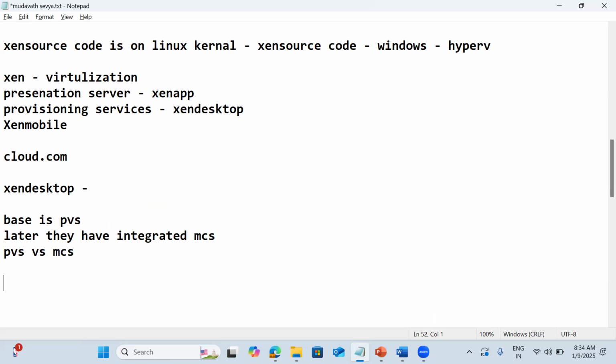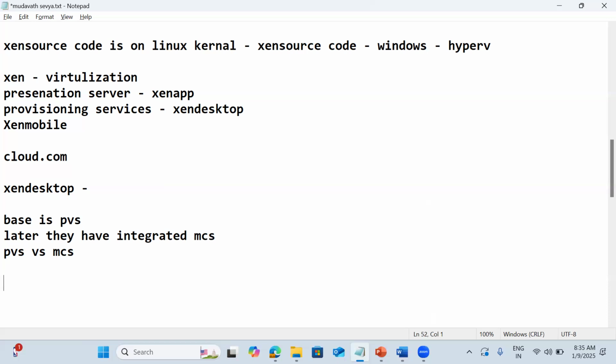Currently a lot of companies are using MCS compared to PVS. PVS stands for Provisioning Services and MCS stands for Machine Creation Services. Among these two, which one is getting more popular?